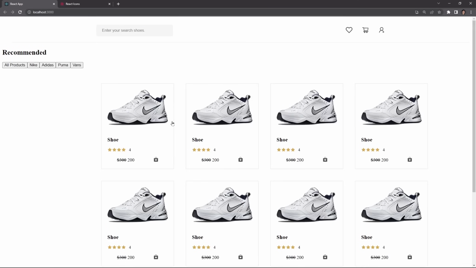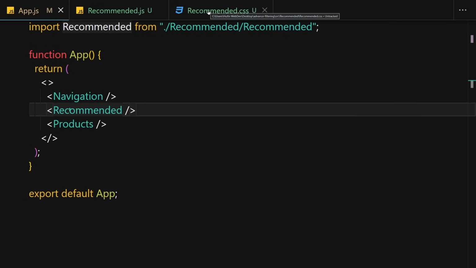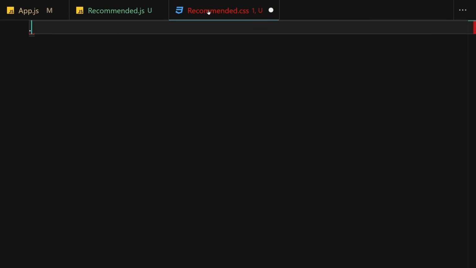So I'm going to save my file, and here you can see we are now getting all of these buttons right here, and also this title right here as well. So now the next thing that we have to do is take care of the styling. So what I will do is select my recommended